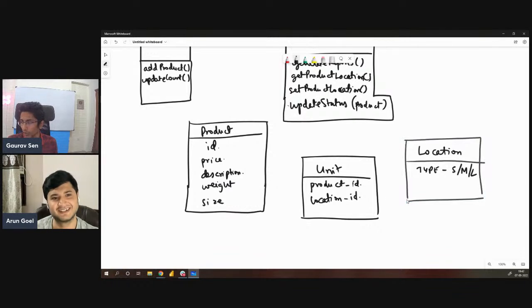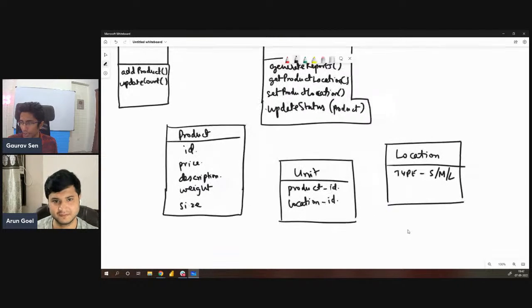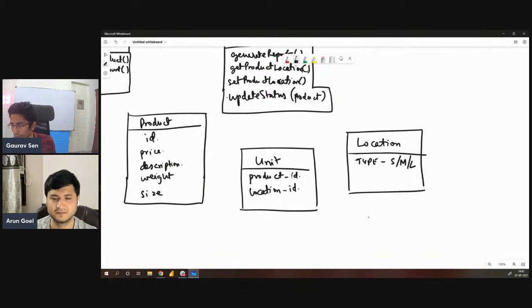Okay. So I've kept location as that class, which says that there is a type small, medium, and large, and shelf actually doesn't have anything else except an ID and a location. So a unit is of a particular product and it is stored in a particular location. A unit also has an ID, let's say,